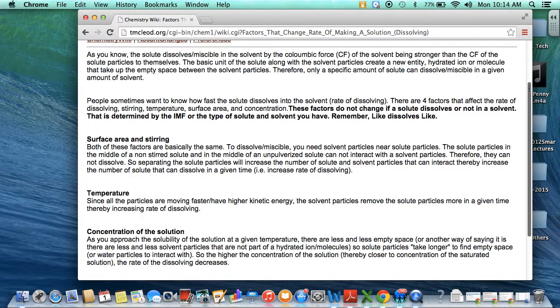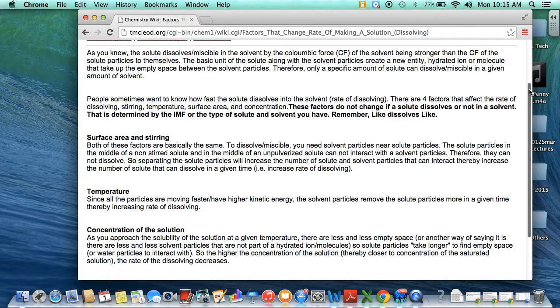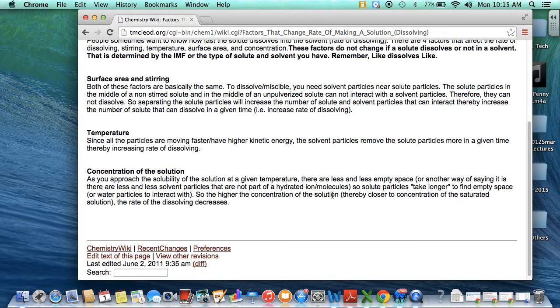And then the last one, which is I believe two different characteristics that I lump together, is a little bit harder to explain. It's the actual concentration of the solution before you try to dissolve it. So here, I kind of think of it like a suitcase going on a vacation, or a series of suitcases. The closer the solution's